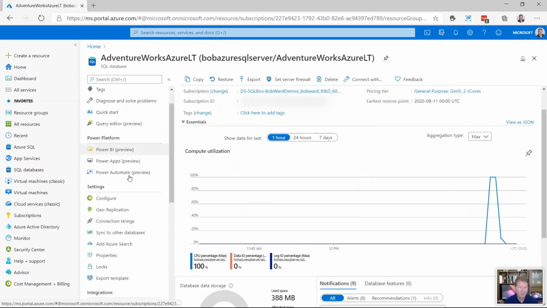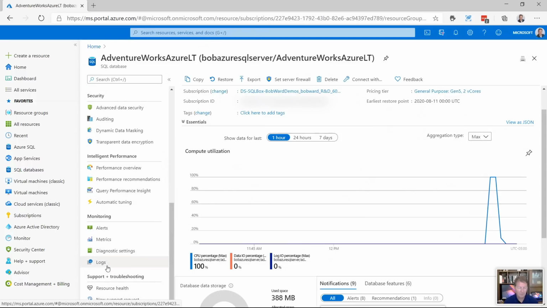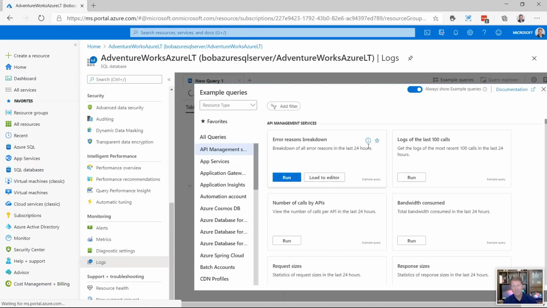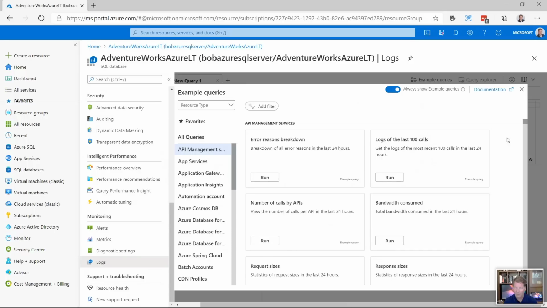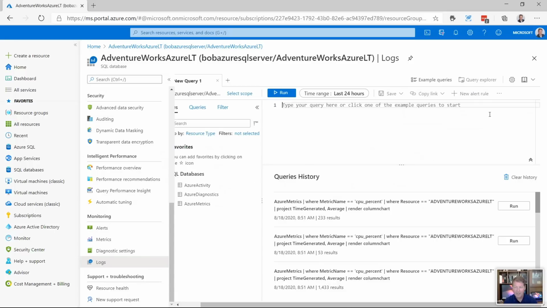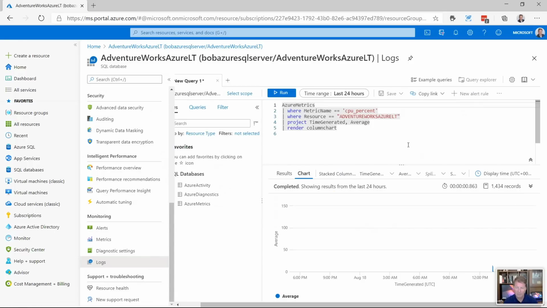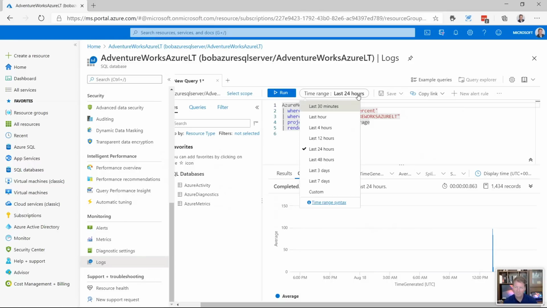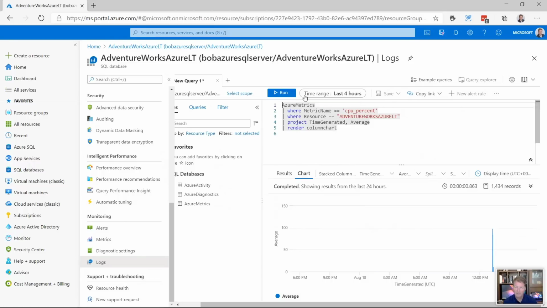One other thing I wanted to show you though, Anna, was logging. So I can actually redirect Azure Monitor to a log, which has a lot more history, and run something called a Kusto query. So I'm going to go here and run this query, and I'm going to show you that over the last 24 hours, in fact, let me just pick it this way. How about the last 4 hours? Let's see. Yeah, look at this.